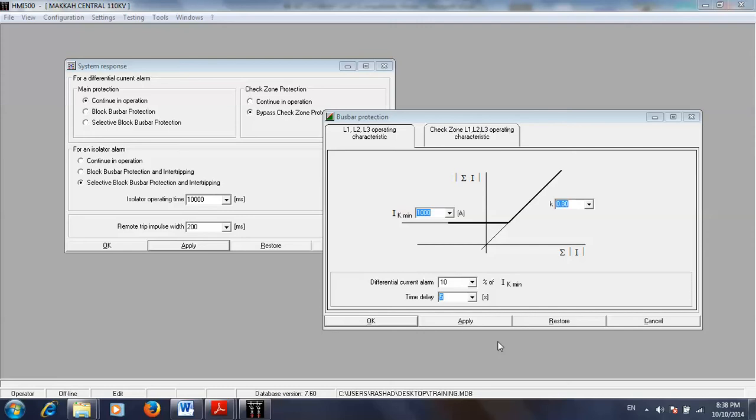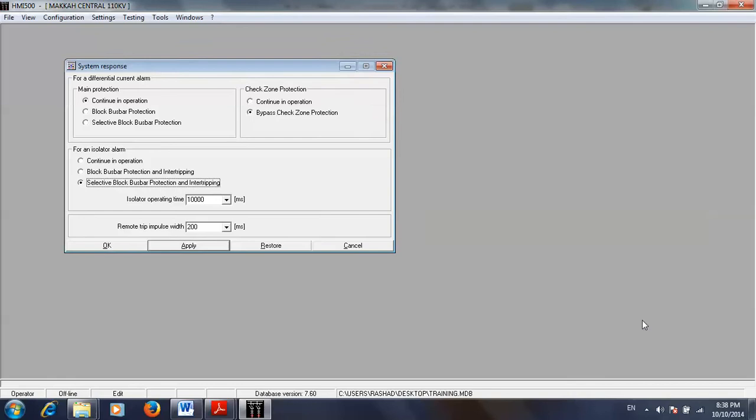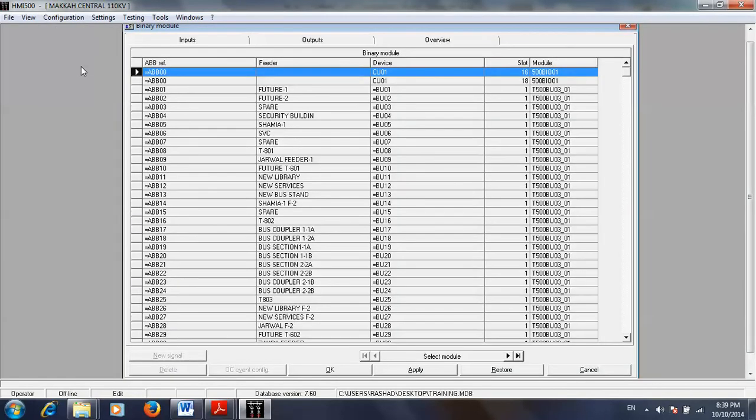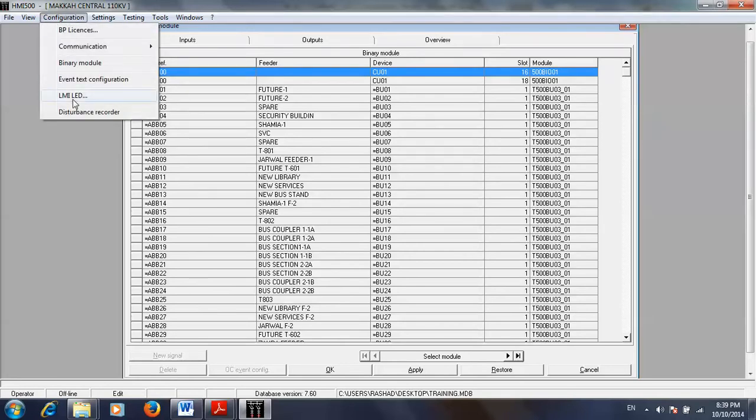Now let us know how to assign binary input, binary output, or LED. So we'll cancel this one, cancel also this one, open configuration, binary module. This binary module is used for assigning binary inputs and binary outputs for any bay unit and also the central unit. And from the configuration here we'll find the LED, this one, to assign the LED for any bay unit also